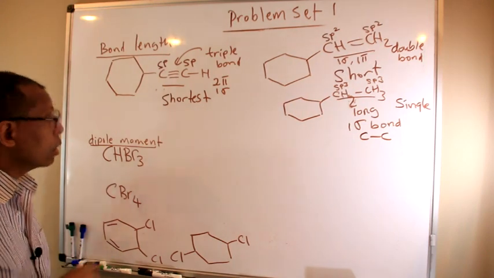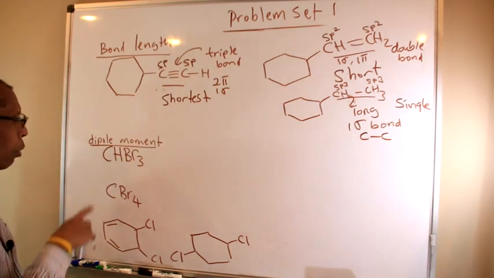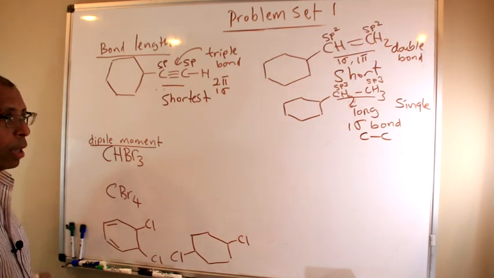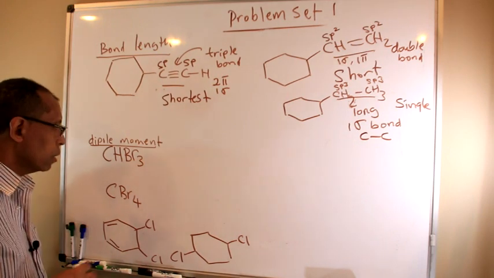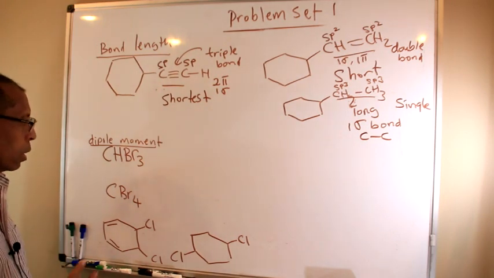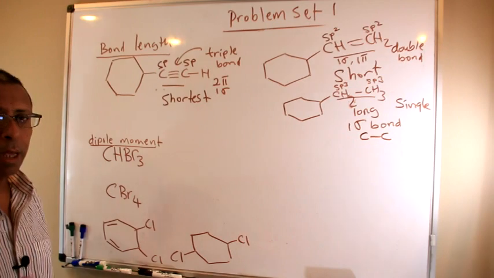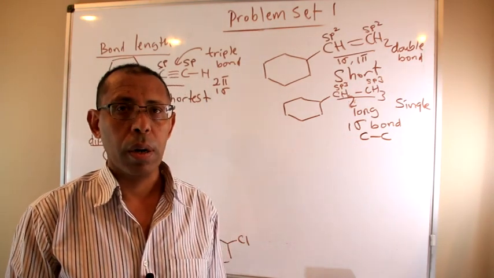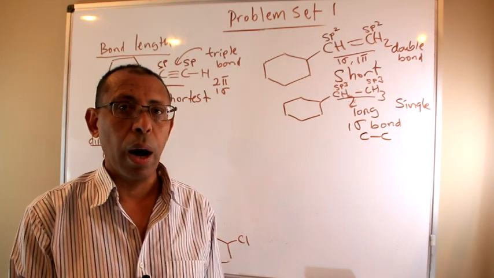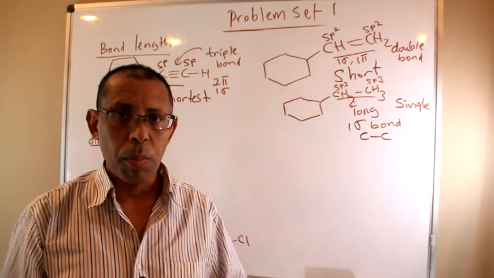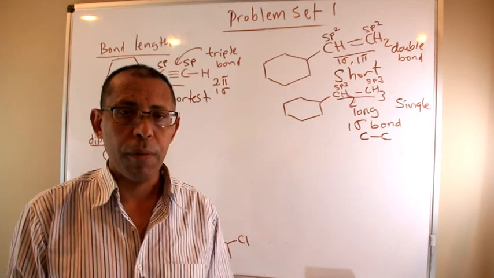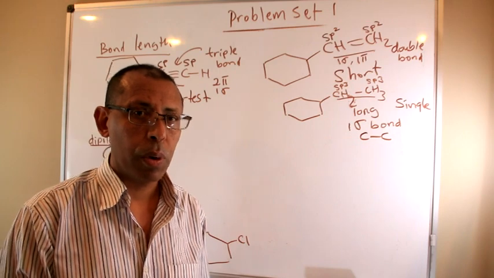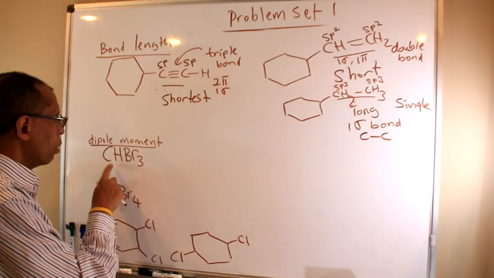In our last discussion in problem set 1, I will just show you dipole moment, which is important when you determine if a compound is polar covalent or non-polar. The most important thing is that dipole moment is a result of charge or electronegativity difference between 2 atoms, and in the overall molecule, the vector sum of the dipole moments determines if the compound is polar or non-polar. For example, here you have